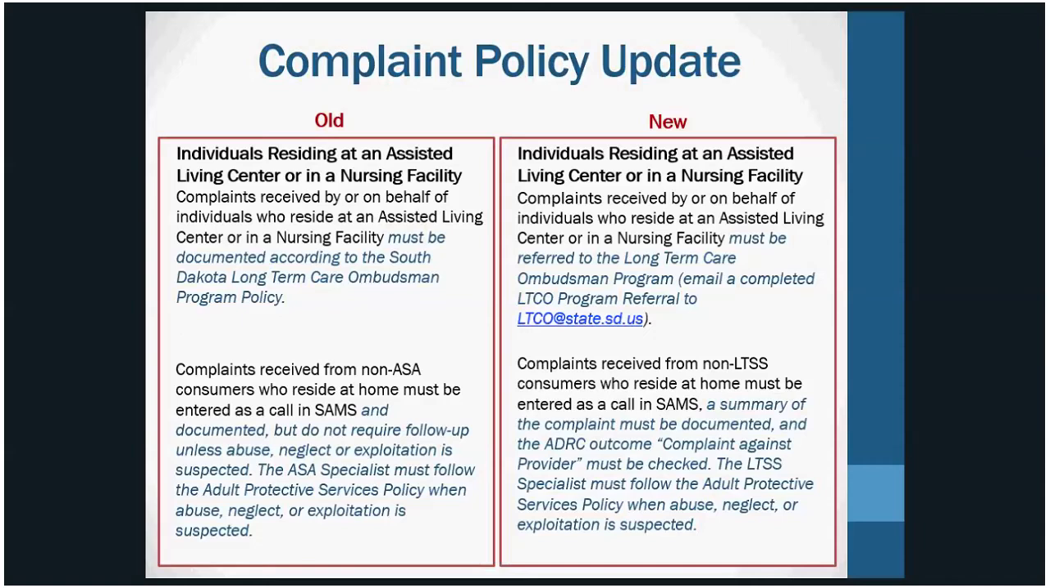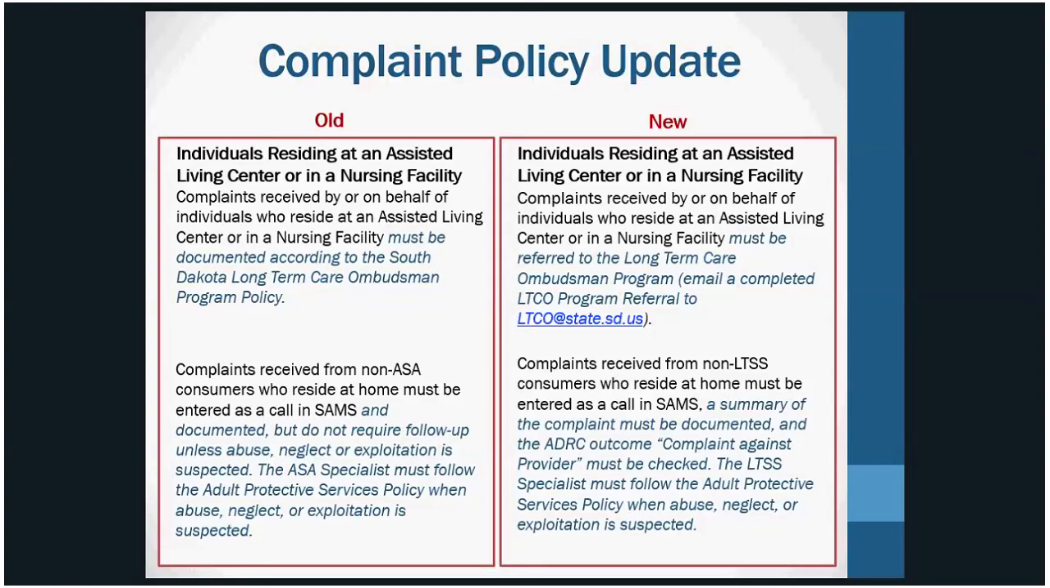Yep. So as you can see on the slide there, what I tried to do is show the changes in the blue. So if you look on the left, the blue text was changed to what is in blue on the right side of the screen. So for individuals residing in assisted living or nursing facility, it used to be that we documented it according to the South Dakota Long-Term Care Ombudsman Program policy, but now specialists will refer those to the Long-Term Care Ombudsman Program by emailing a completed LTCO program referral to the